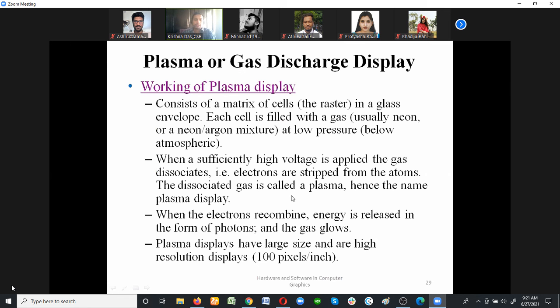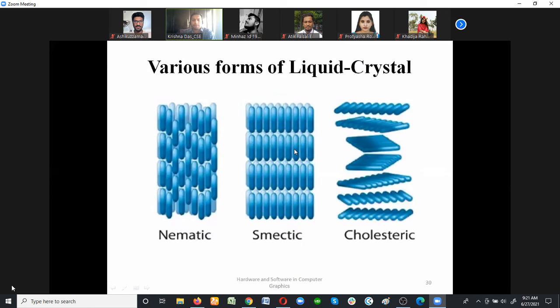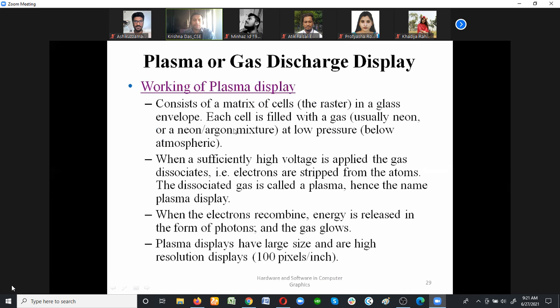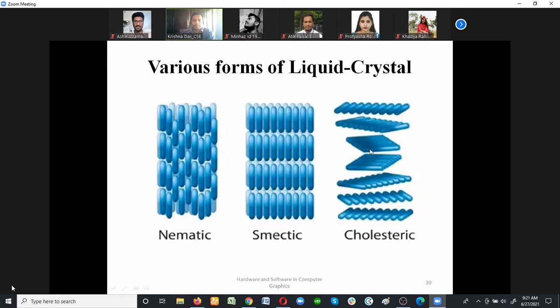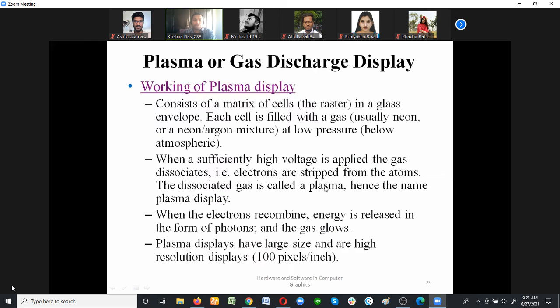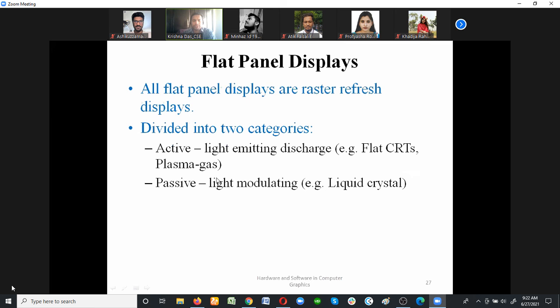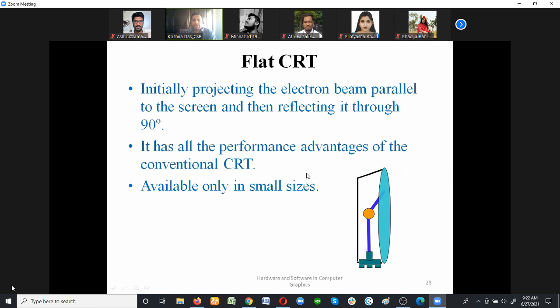So I hope that you see that there is no diagram here for the plasma display. If you have this in your exam, then always try to explain with a diagram, and you can take an idea from the video that you had also to do the explanation. Okay, we will go for now to one of the light modulating displays,